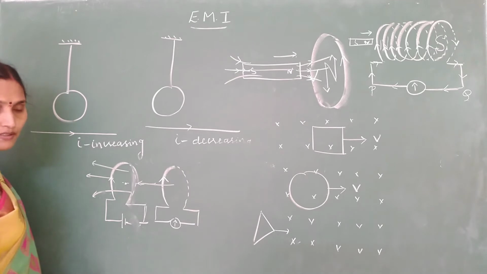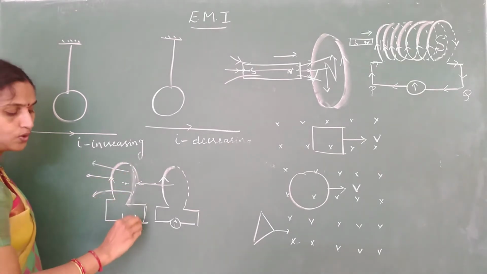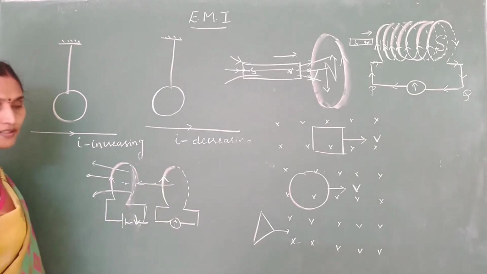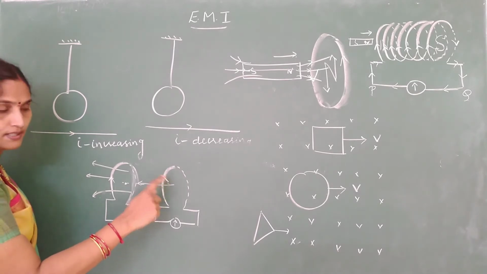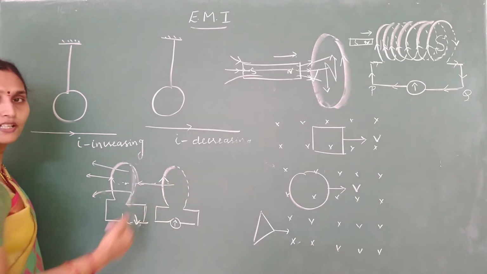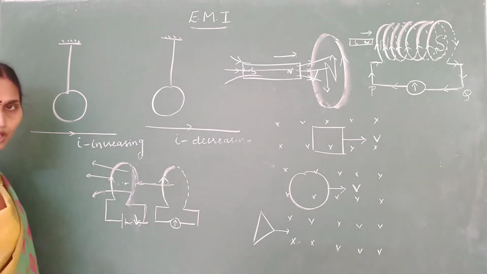And when you suddenly, the key is open. There is no current. If you close the key, is the flux suddenly increasing in the coil? Then what will be the direction of induced current in it? Opposite to this. If the current in primary coil is upward, this will have the current in opposite direction. Like closing and opening of the keys can also be given.